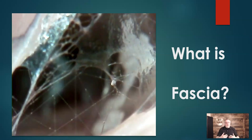fascia, at least from our standpoint, to understand what it is that's actually changing when you're pressing a tuning fork down on the skin. What is it that you're palpating for? What is it you're feeling? And what I'm about to show you has a very detailed look at fascia itself so that you can understand